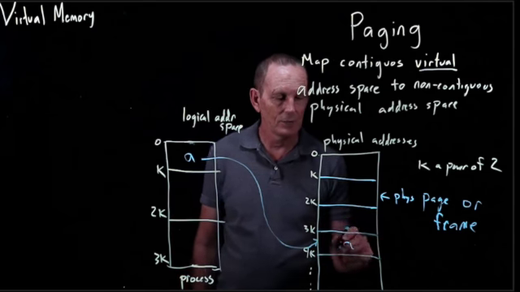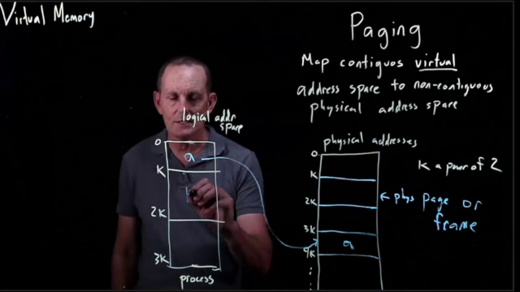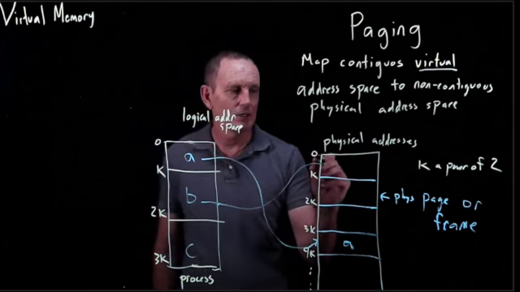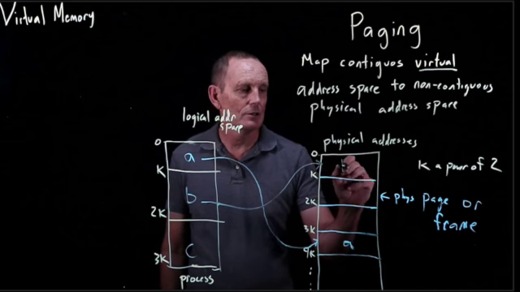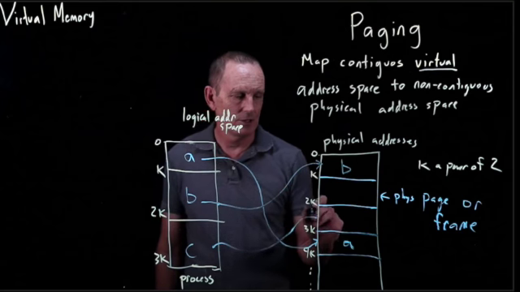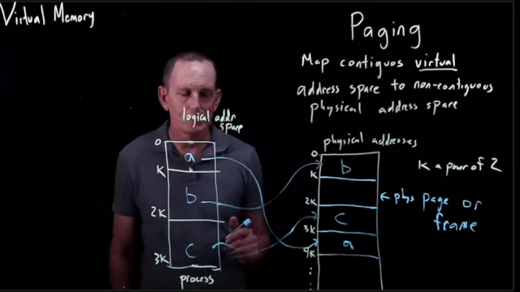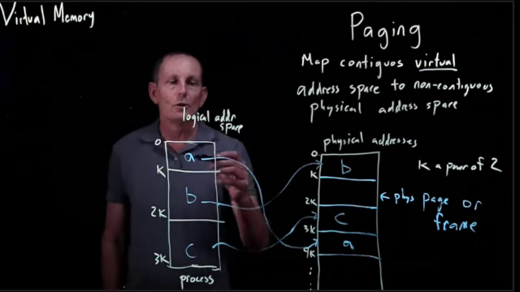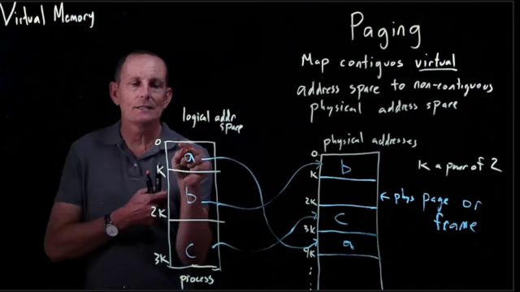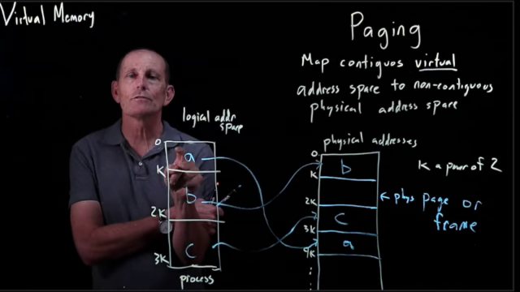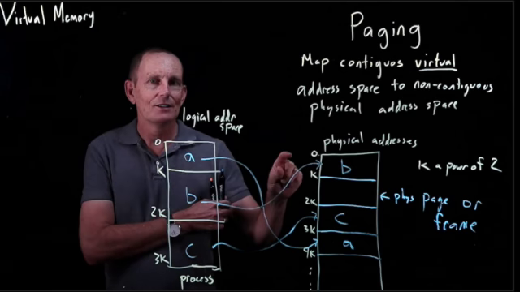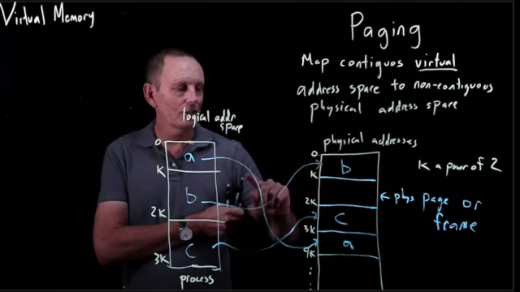This is where something with the contents of A would be. Then this contains B, and this contains C. And this one might be up at the very first physical page, and this one might be here at index 2. So we have this mapping between logical addresses and physical addresses, in that any address in this first page will be remapped to a location within